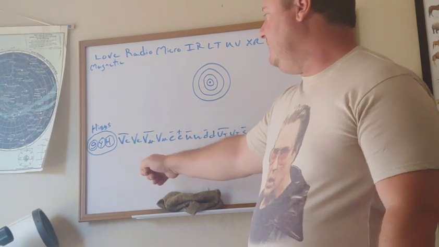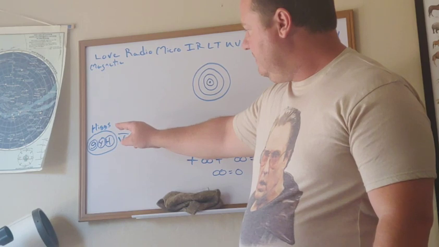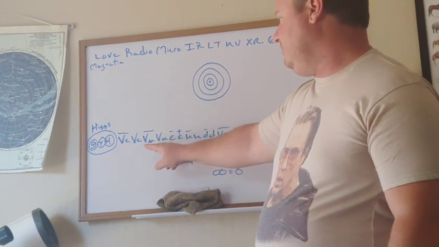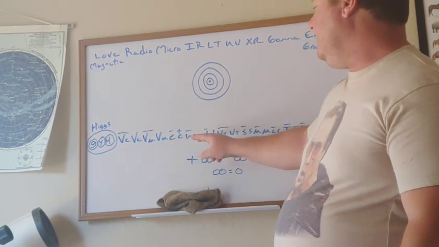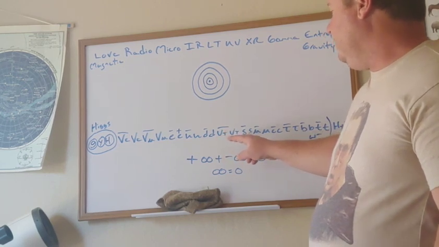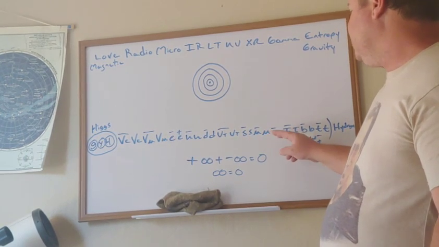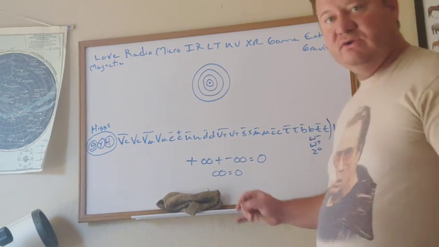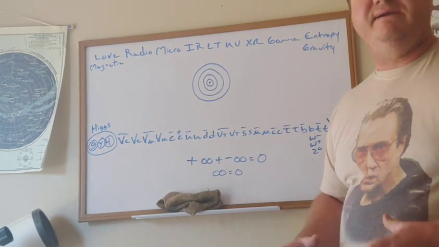The next level up from that, you have the electron antineutrino, the electron neutrino, the muon antineutrino, the muon neutrino, the electron, the positron, the anti-up quark, the up quark, the anti-down quark, the down quark, the tau antineutrino, the tau neutrino, the anti-strange quark, the strange quark, the anti-muon, the muon, the anti-charm, the charm, the anti-tau, the tau, the anti-bottom, the bottom, the anti-top, and the top. You'll notice each one is positive or negative, positive, negative, positive, negative, and so on, all the way down, because